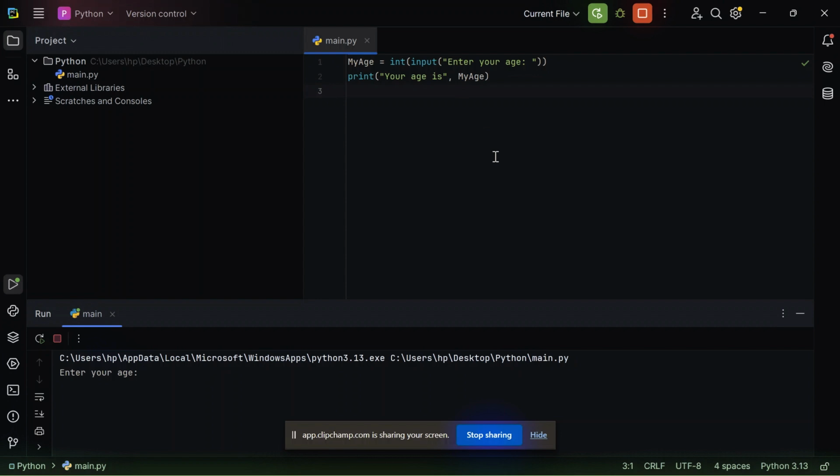Variables are like containers we use in our house, and in those containers we can put specific values or items. For example, I have two containers.